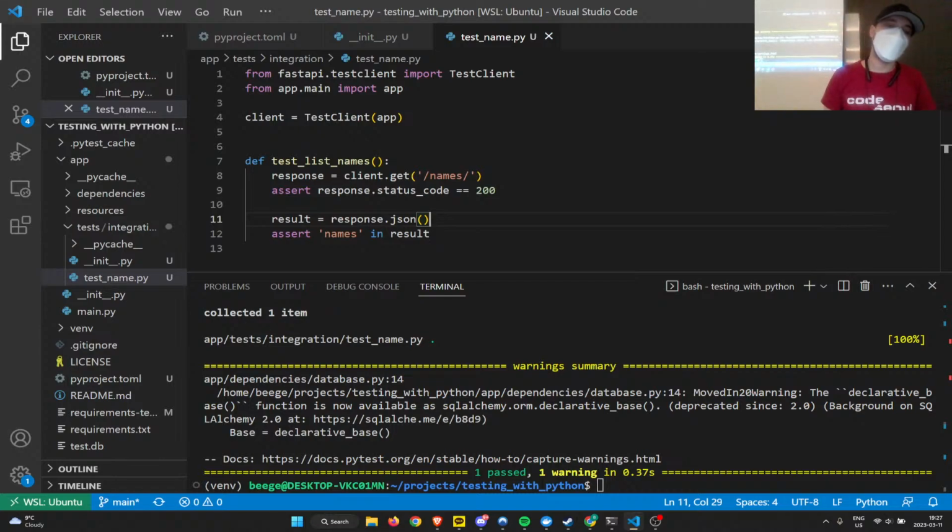So if you're not super familiar with Python, when you deserialize JSON, it creates a map. It creates a dictionary object, which in other languages would be called a map. Python has this keyword called in. It checks if a value exists in some collection. When you use in with a dictionary, it checks the keys of the dictionary and sees if the hashable thing before in is one of the keys of the dictionary object. Okay, so we're checking that there's a key in the result called names.